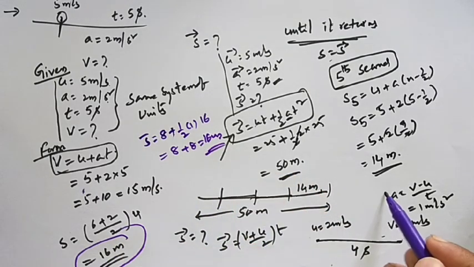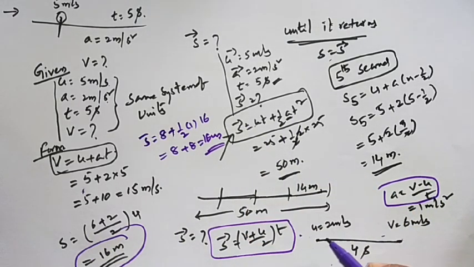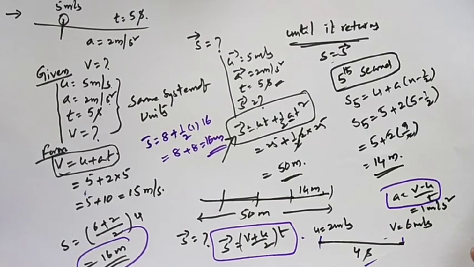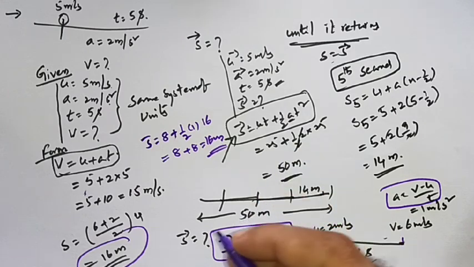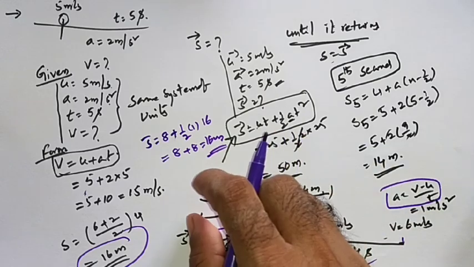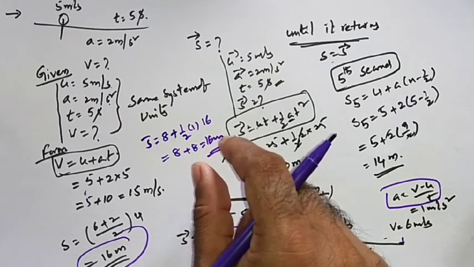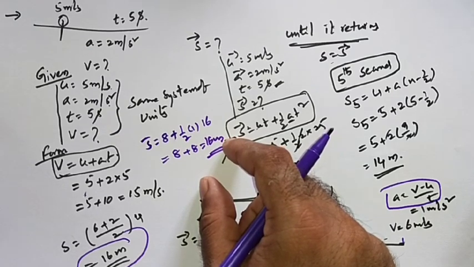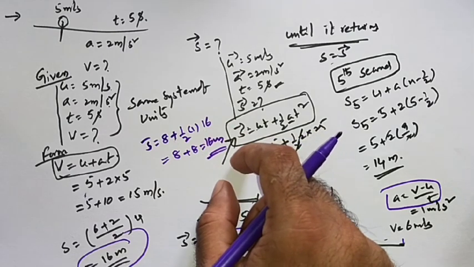Instead of using these two formulas, we could use the single formula when you know initial velocity, final velocity and time. Understood? So in this way we can solve lots of problems. First you solve basic problems on these equations of motion. I'll give them in the worksheet. Clear? After solving those basic problems, we go for some more difficult problems. In kinematics you have to solve lots of problems. The more you solve, the more grip you will get on the concepts and working capabilities.